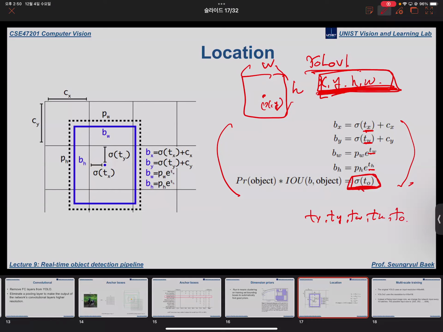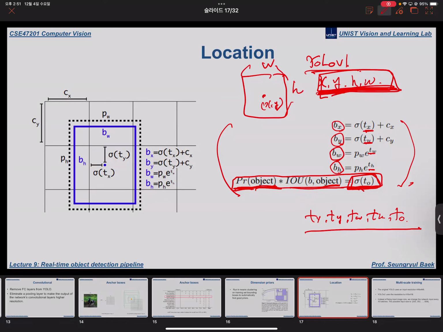This is the confidence value, which multiplies the objectness with the IOU between the ground truth box and the predicted box. But the width, height, and center positions are now obtained as offsets to the anchor box